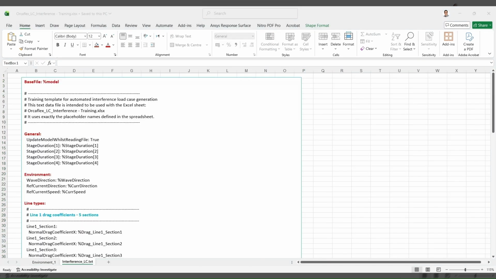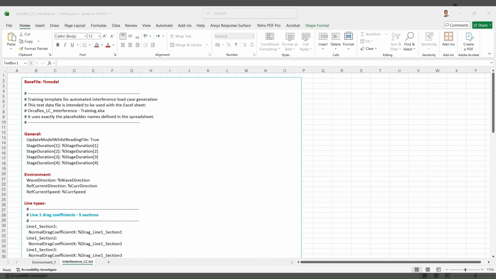For easy access, I copied the text file here to show. The text template file acts as the link between the Excel spreadsheet and the OrcaFlex base model. It starts from the base OrcaFlex model using the base file command and then updates only the parameters that change from one load case to another.